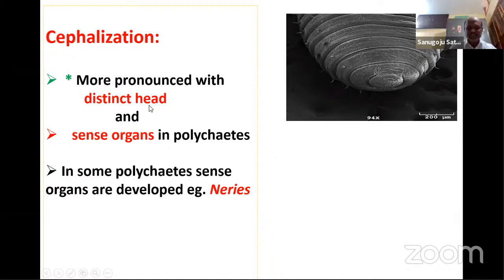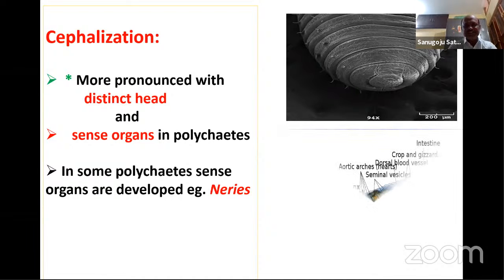This is more pronounced with a distinct head, and sense organs are well developed in polychaetes. That means polychaeta having the head is playing a very important role. The cephalization, first time it is observed, is with sense organs like eyes, palps, and some photoreceptors. This will be seen in the next diagram, children. We have to go for the